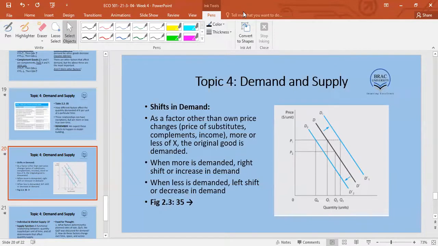Now, in the Corona times, it's almost 2 years now, things are slowly starting to become normal. But when we were in the peak of the pandemic, the demand for lots of products fell, but at the same time the demand for lots of products also increased. Online shopping increased, kids were going for online education, so the demand for lots of the computer industry was booming during the pandemic. Right? Yes, sir.